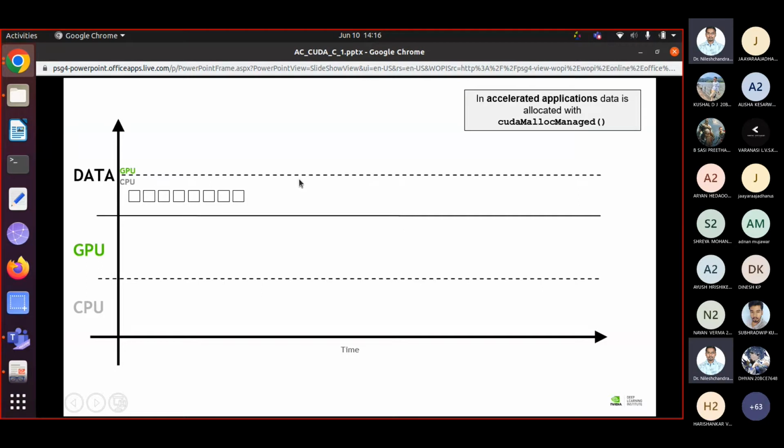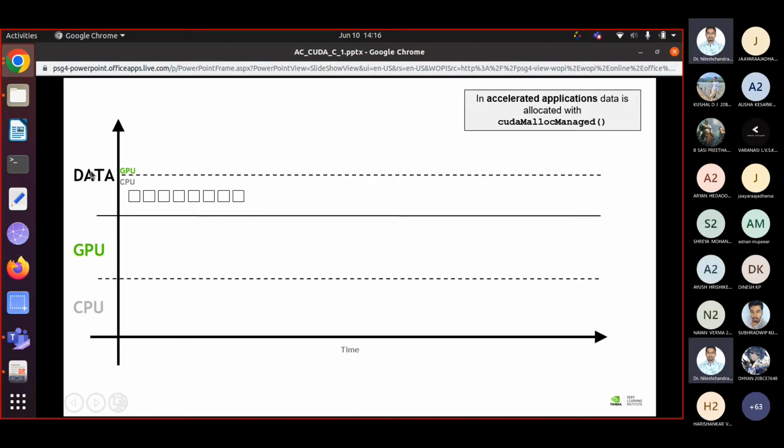Now, in case of GPU, when you have a GPU in your system, you have two processors. So I am mentioning CPU plus GPU here. In this section we mention the CPU-related functions, and in this section the GPU-related functions, right?